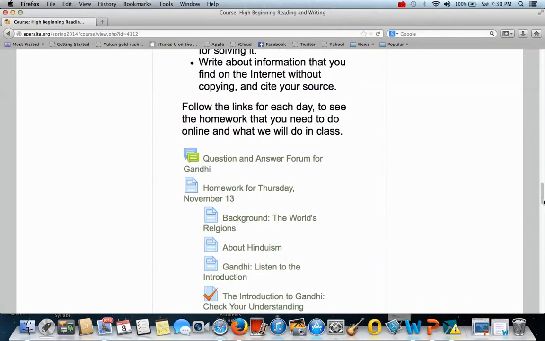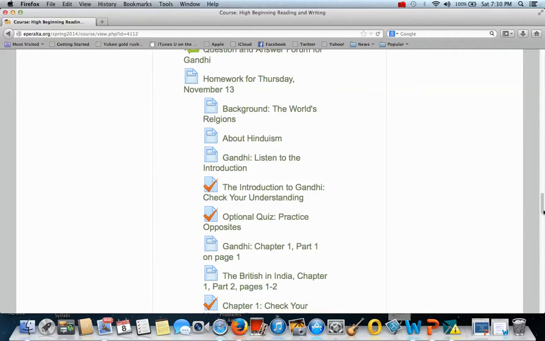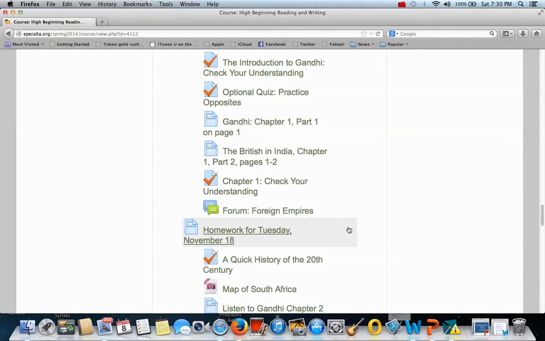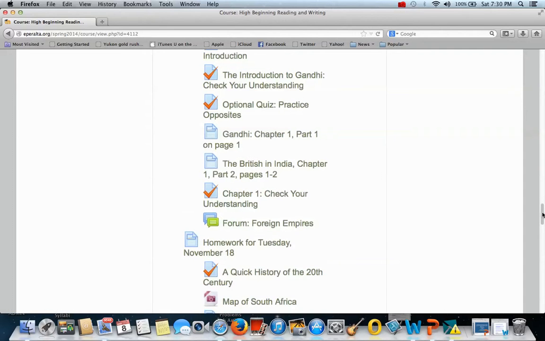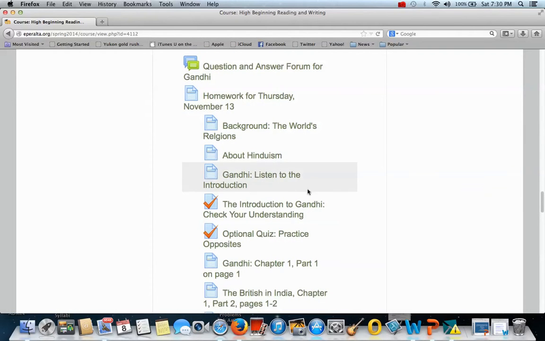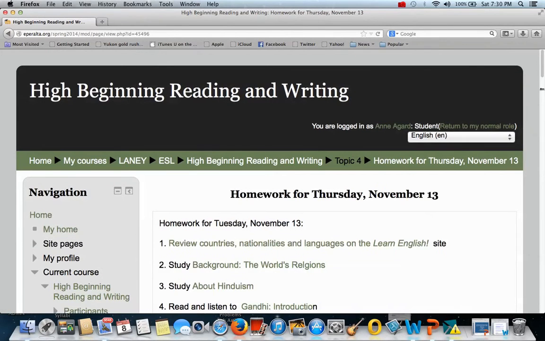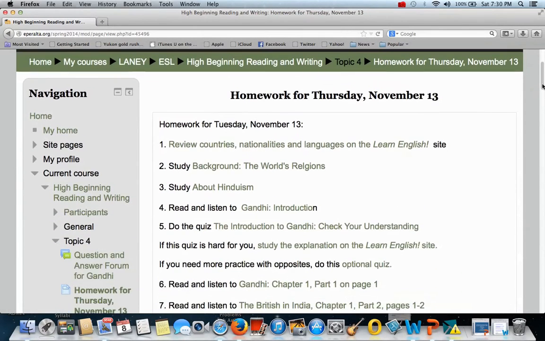And for the block for that book, they have this describing what they're going to learn and do. And then for every day in this focus block, they have a link that says homework for a specific day for the date. There's homework for November 13th. Here's homework for November 18th. And they open up this link